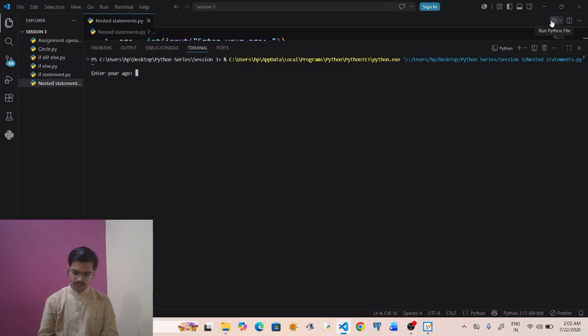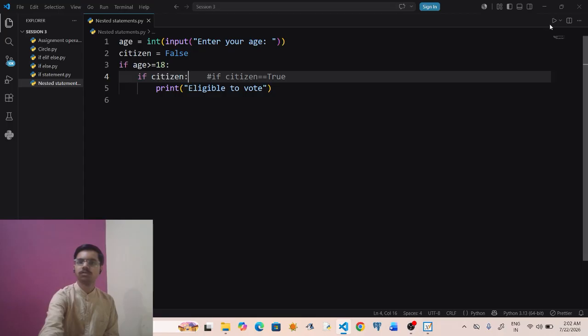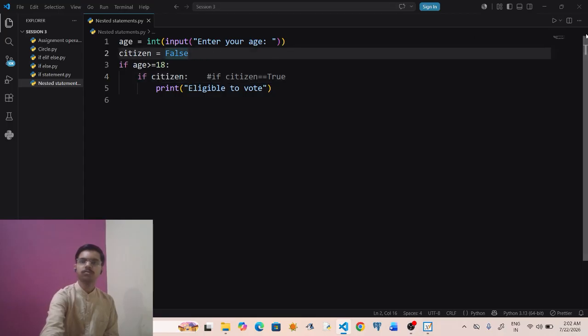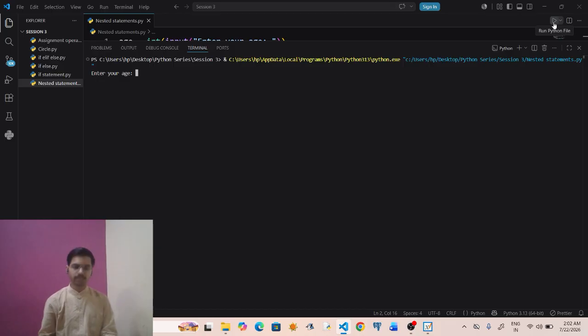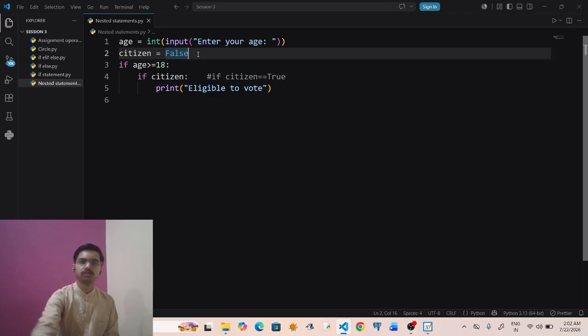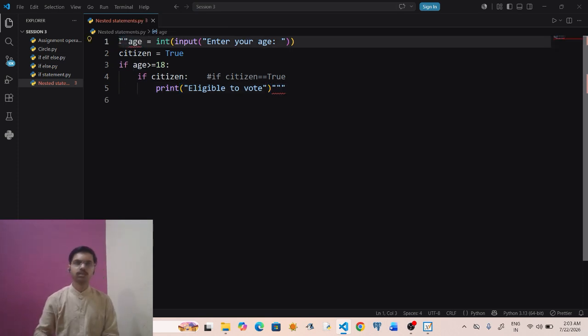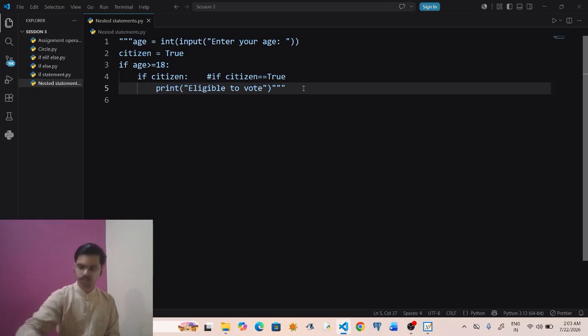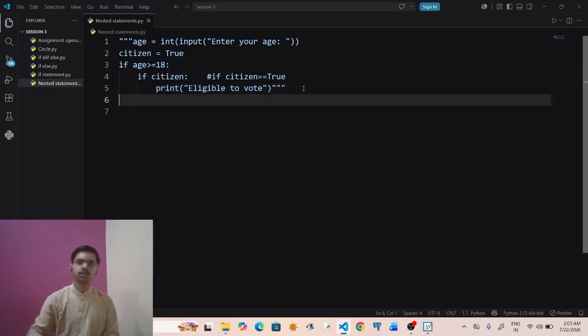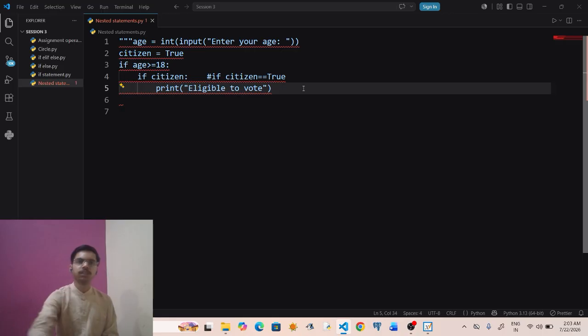Let's say my age is 22 again. See, nothing got printed. Now let us say my age was 15. Again, nothing will get printed. Now let us say instead of this program, instead of the nested program, I am just using the AND operator to make